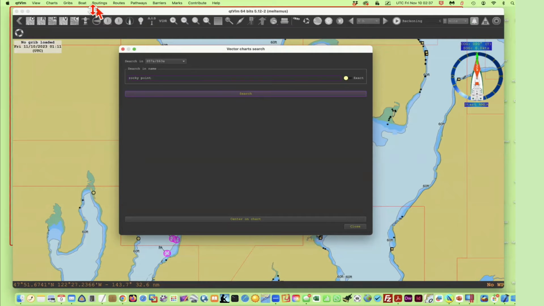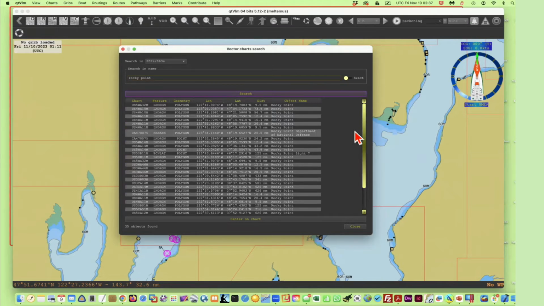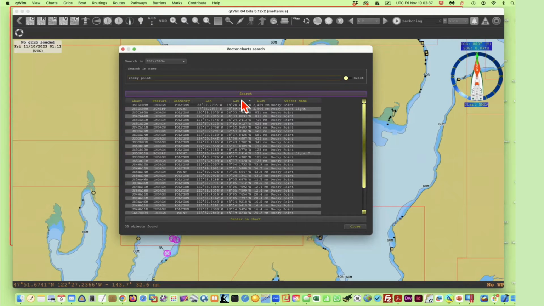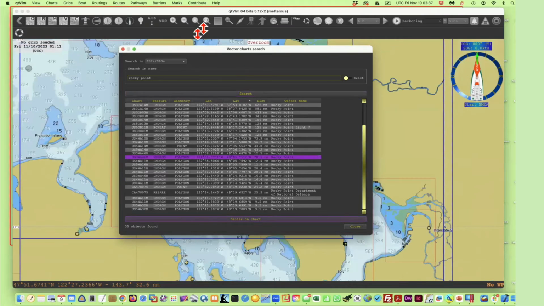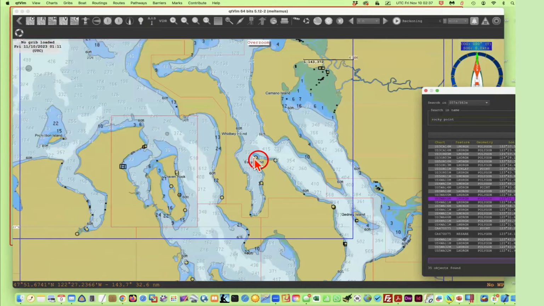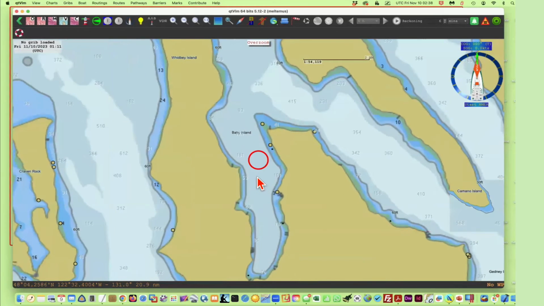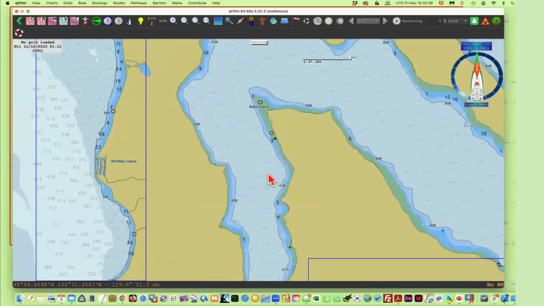Now there should be, okay, and no surprise, there are lots of rocky points around the world. And then I can sort them. Let me sort them by latitude. And you see there are rocky points all the way down here. Let's see if there's any around us, 48, 122. Yeah. So if I do here and center on chart, then that found there's a rocky point right there. Now I can't change the scale when I'm doing this, but there is a rocky point right underneath there. The other way to do it is zoom in to a little bit higher scale before you start,